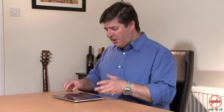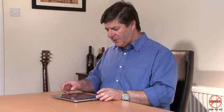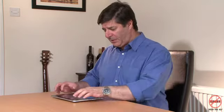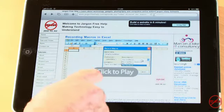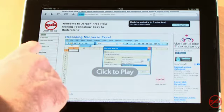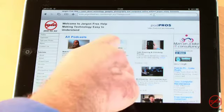There's some of the features. Obviously there are loads of apps on here. You've also got your mail, you've also got Safari for looking up things on the internet, and also you will find that the Jargon Free website will actually work really well on the iPad as it does on the iPhone too. And there are a lot of apps that have been specifically made for working or enhanced to work